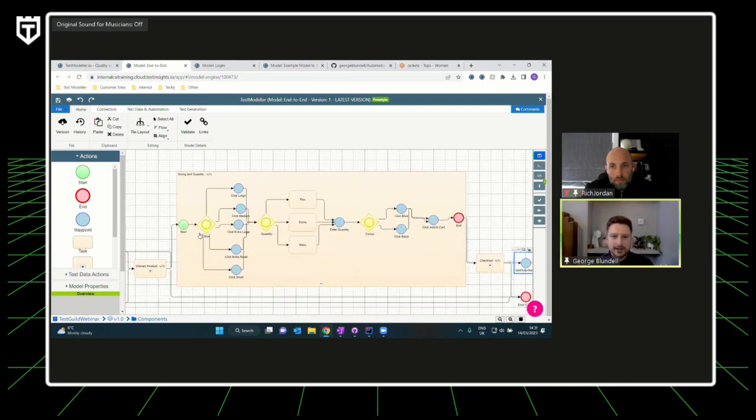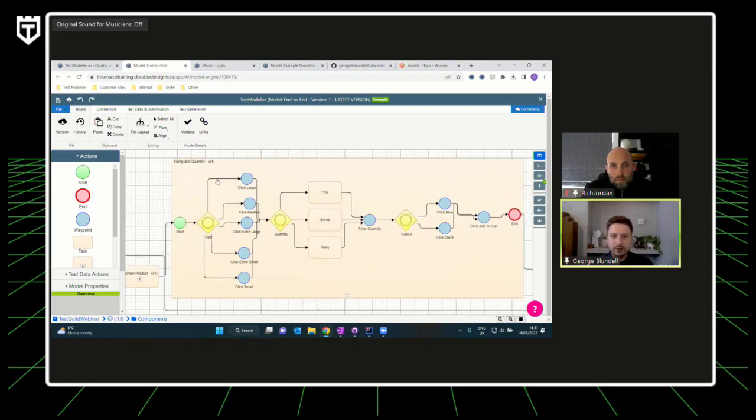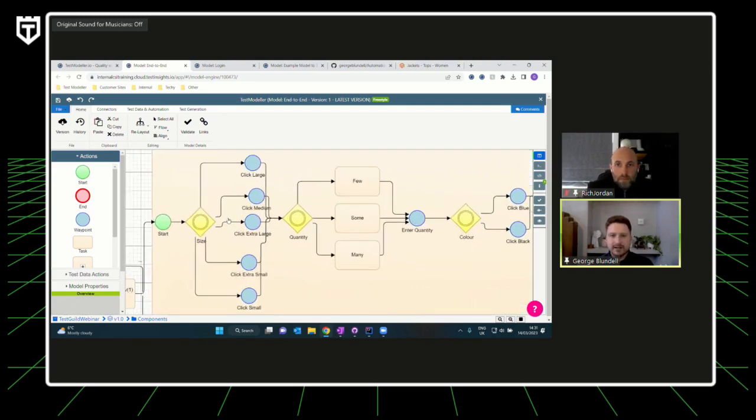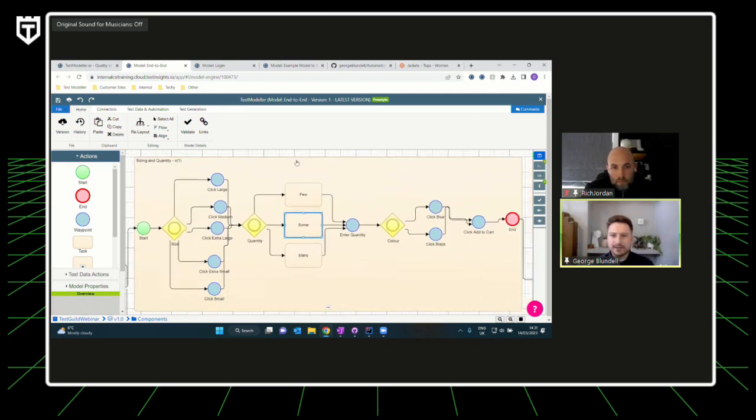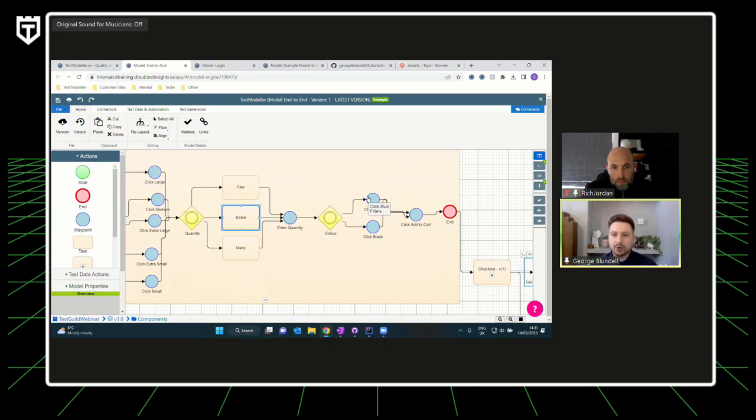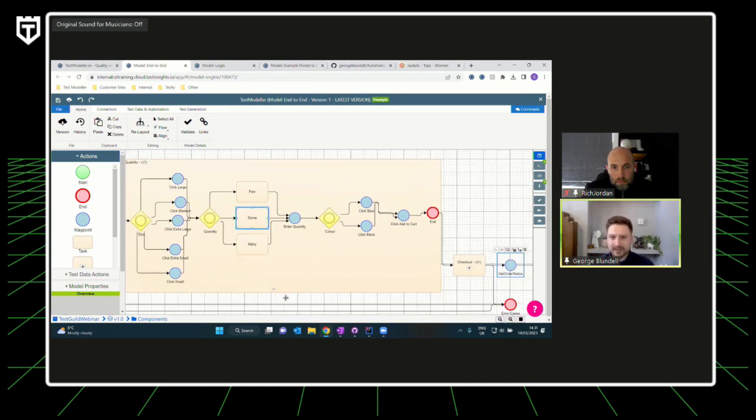So, for example, I expanded our subflow here called sizing and quantity. Now, if we take a closer look, what we'll see is that inside of our e-commerce website, we've got a series of different sizes and a series of different quantities and colors that we can apply to each of our products that we're selecting.